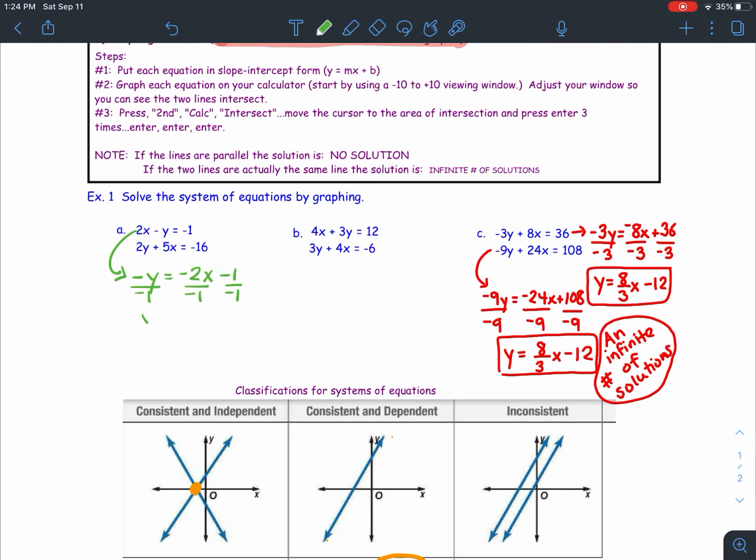We'll divide everything by -1. When you get the equation solved for y, go ahead and circle it, because you're going to need to come back and revisit that so that you can type it into your calculator. Okay, we're going to move on down to the